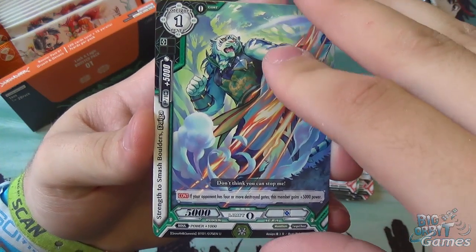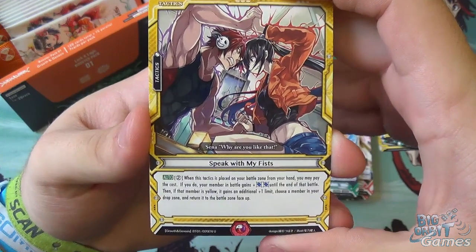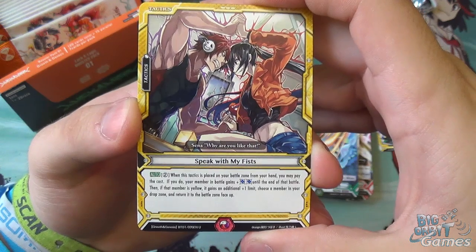Strength to smash boulders, Daiga. So everything just explodes. Oh, there she is. Speak with my fists. So this is your lady. Yeah. Not Mr. Humph. Well, I mean, he can...